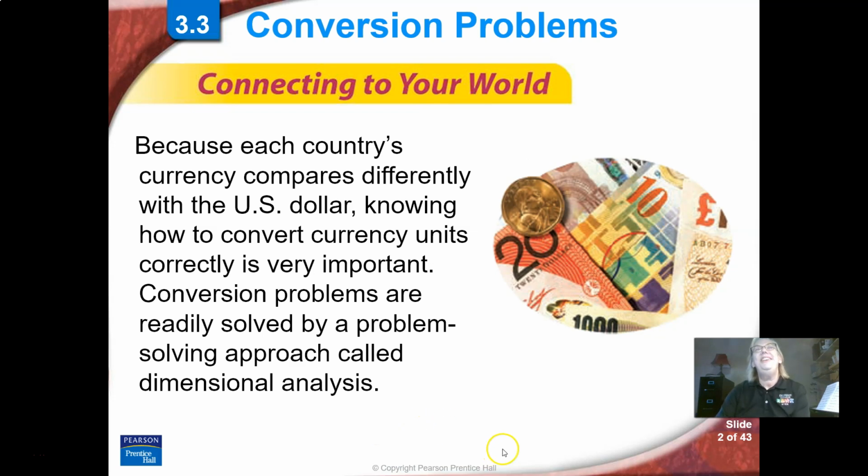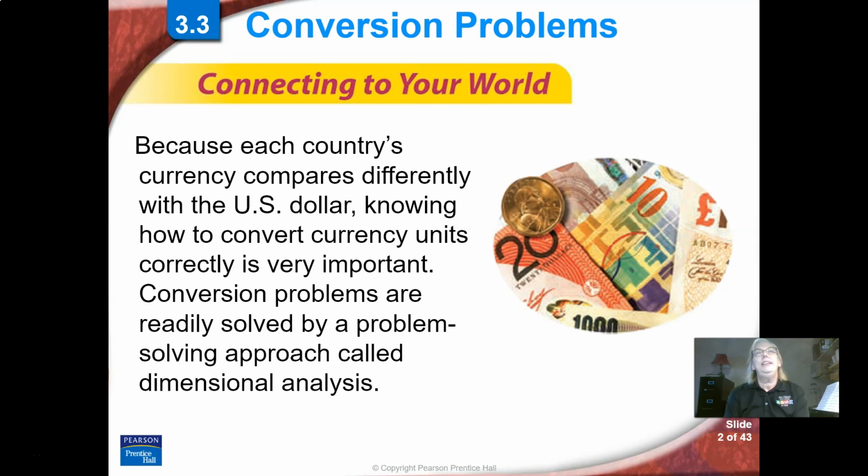Hi folks, here we are again, and we're going to talk about converting things. This is a big skill we need in chemistry, and the reason we need it is sometimes we use one measurement, and sometimes we'll use a different measurement system, and we have to be able to change from one